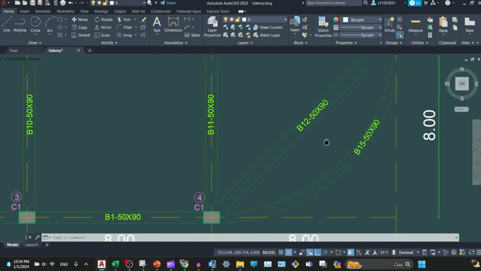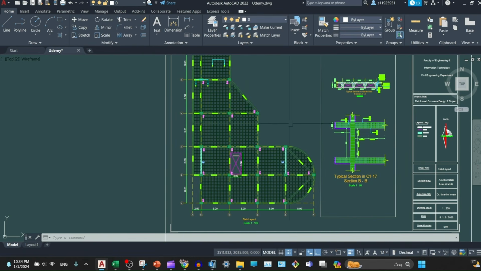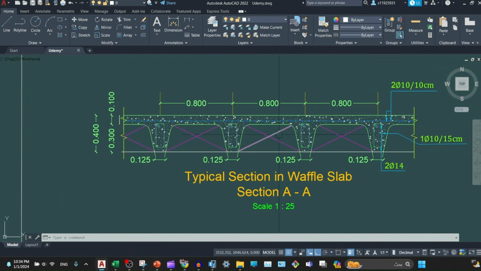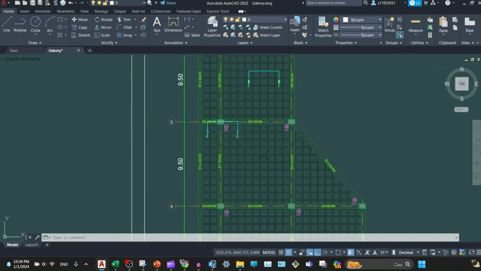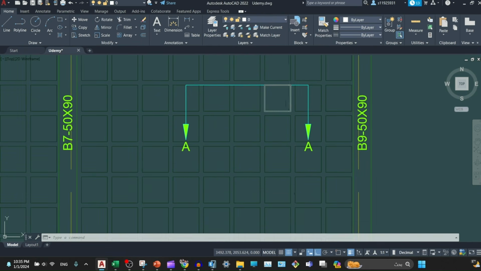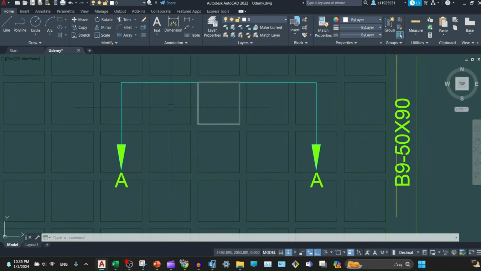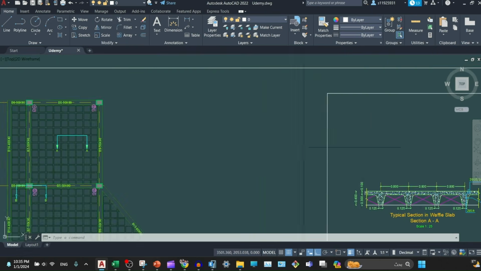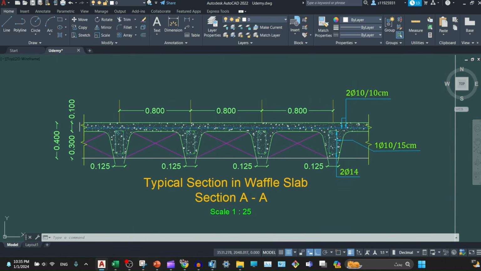our beams, and this beam will be a circular beam, and here is the section in the slab, which is section AA, which has 4 ribs and half of 2 framework of office slab. So here we have 4 ribs, and there are 2 half frameworks at the ends. And here is the reinforcement, 2 bars of 25 millimeters each, 10 centimeters, and 1 bar of 10 millimeters each,